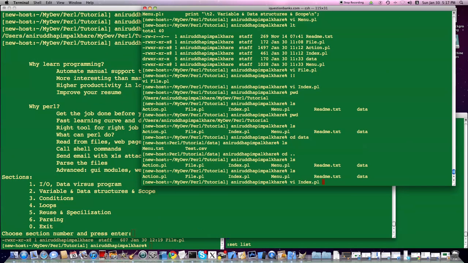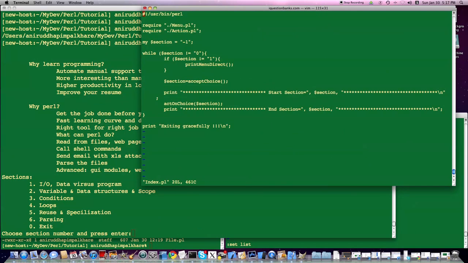Let me open this index.pl here. Since this is your first Perl program, don't get distracted with a few things. Even if something doesn't make sense at this stage, just please hold on here. Towards the end of this tutorial, hopefully things will be clear to you. Right now, if you look at this, the very first line